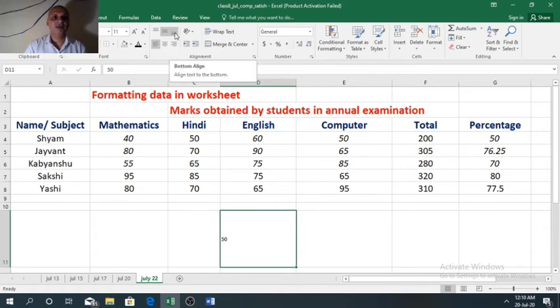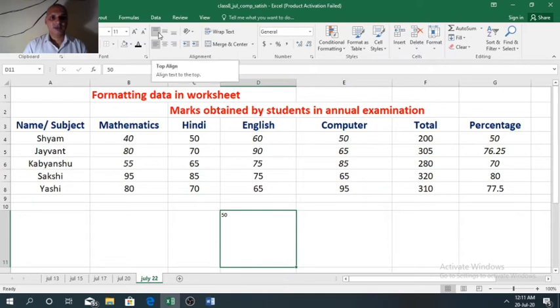In the same way, when we select bottom alignment, this data moves to the bottom of the cell. So we have seen top, middle and bottom. We can apply both alignments together also, that is vertical alignment as well as horizontal.